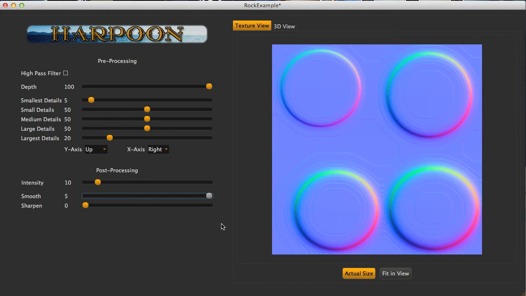First, we can turn the smoothing up, and that kind of takes care of it. You could add some sharpening if that gets too smooth for you. The sharpening filter takes a little bit of a while. See, that added some of it back in, so we don't want that either. But the sharpening filter's there for images where it won't do that. We're going to turn this back down. We're going to look at the other way to fix it, and that is to turn the depth down